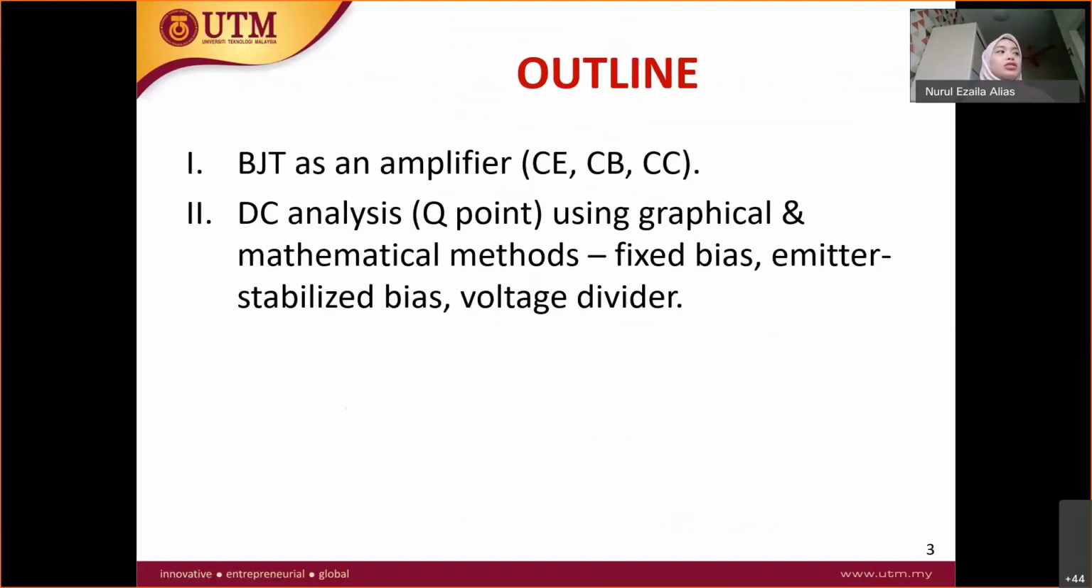Then the DC analysis, Q points. The BJT has Q points, the same as the diode. The diode has a Q point that you found mathematically as well as graphically. The same goes for the BJT. The same concept: you solve your circuit using the mathematical method, the KVL equation, and so on. The second method is using the graphical method. There will be 3 configurations only, which are covered in your syllabus, which are fixed bias,